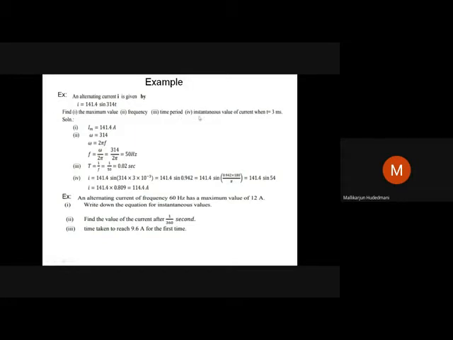Then the fourth question is to obtain the instantaneous value of current when time is 3 milliseconds. What is the meaning of this one? This wave is a progressive wave. It keeps on progressing forward with the peak value appearing in that wave as 141.4, sinusoidally varying with omega t. If t is 0 by chance, sin 0 goes to 0. That is a mark of the beginning of the wave. Likewise, as the t duration keeps on changing, the value of this expression keeps on changing.